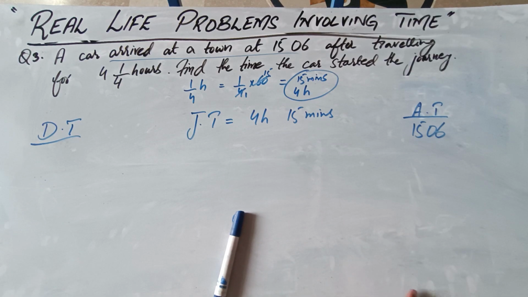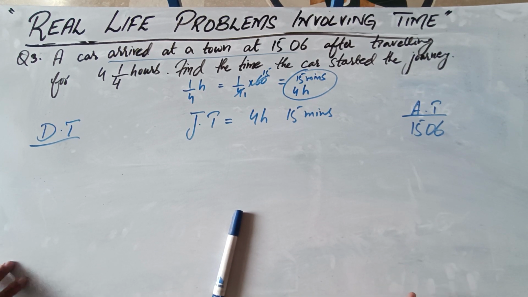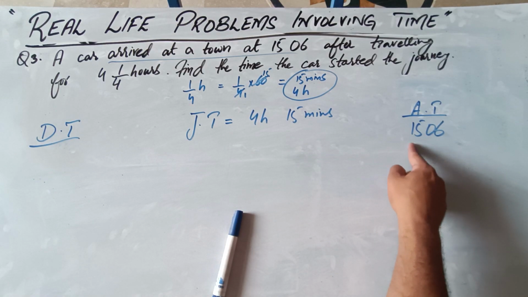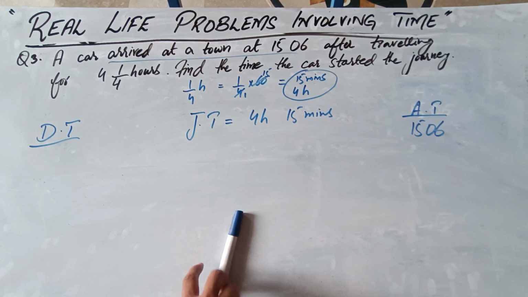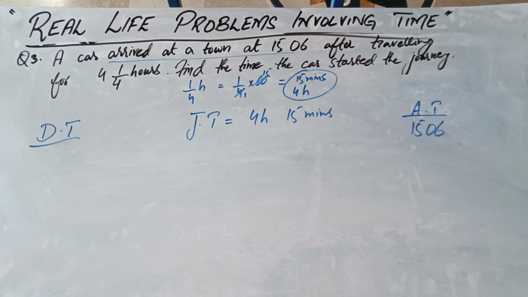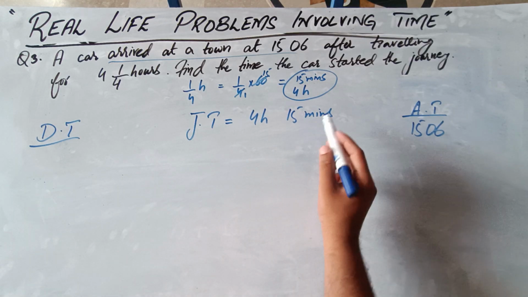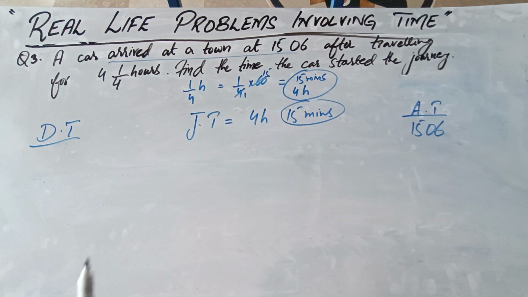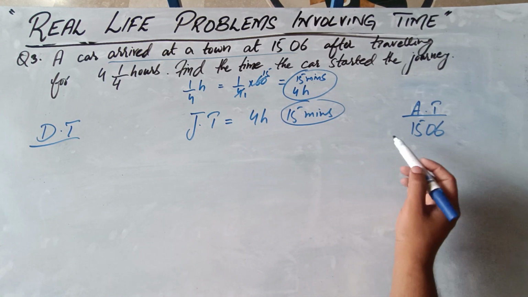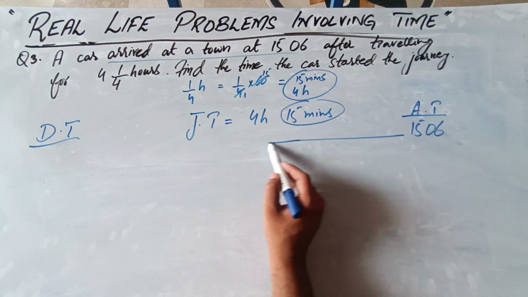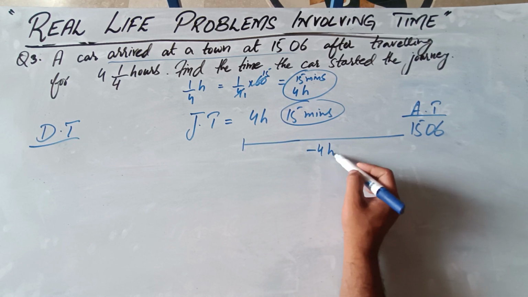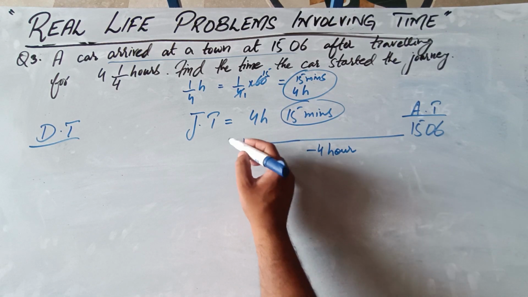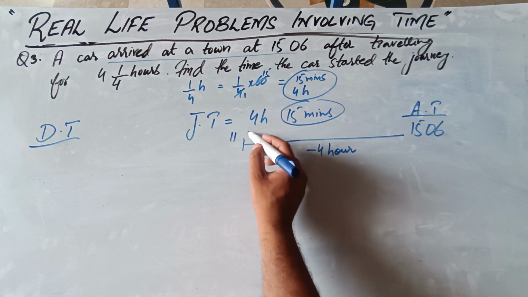So again we will do the same practice. We will divide the time into smaller chunks, and we will subtract time from this time, and go in the backward direction to reach the departure time. So let's start this practice. We need to make chunks of the minutes first. It's up to you. If you want to subtract hours first, it's also up to you. So if we subtract 4 hours, 15 minus 4 is 11, so we would be at 11:06.